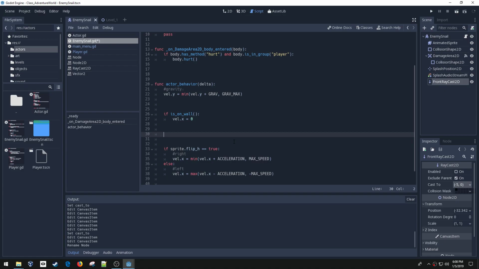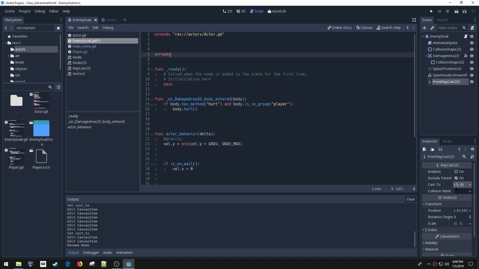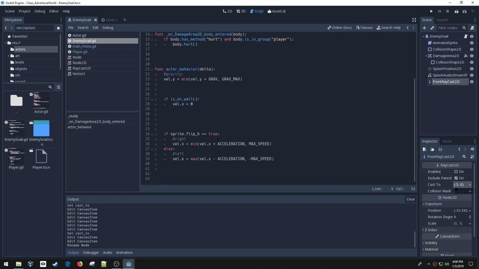We're going to say, oh, I need to make a reference to that guy, right? So on ready var front ray equals get node front ray cast 2D. Not sure why I'm not getting the help there, but that should work. And then right here I'm going to say if front ray dot, and we're going to use the is colliding